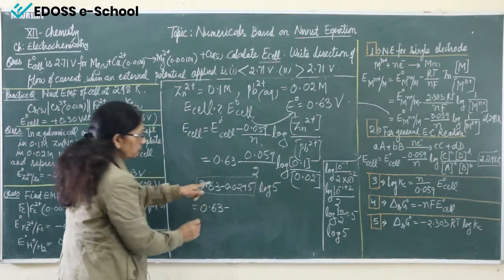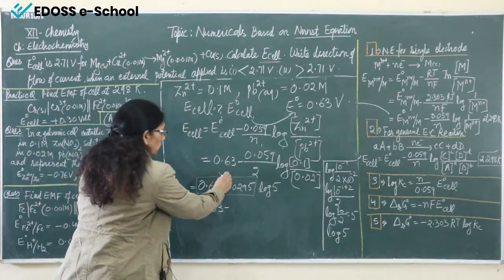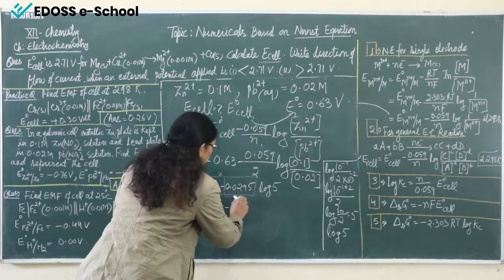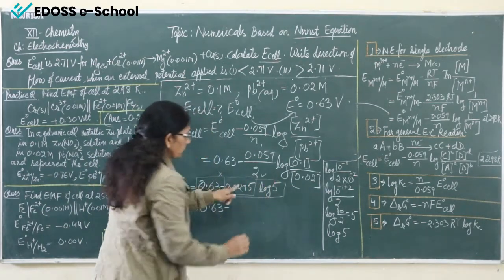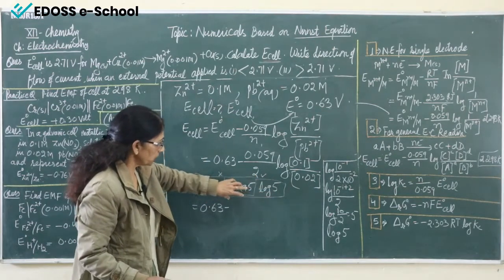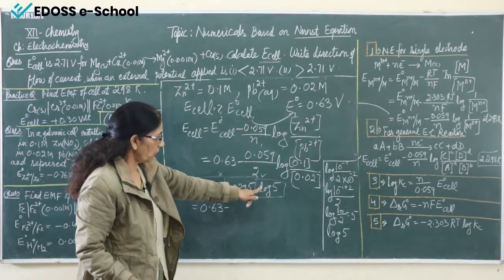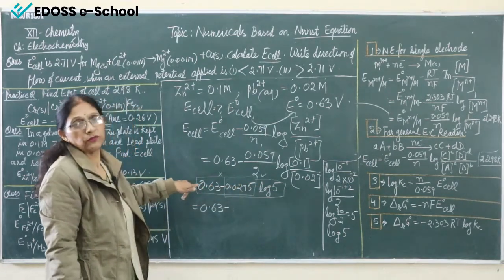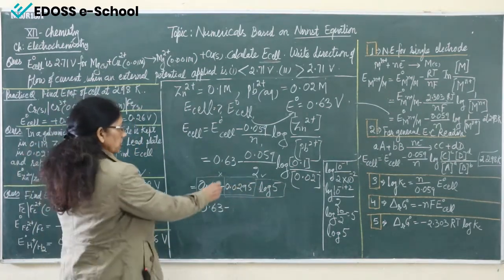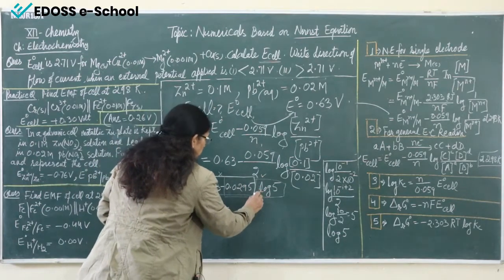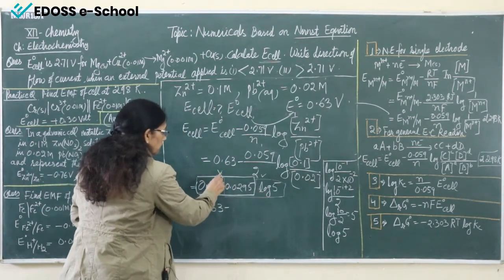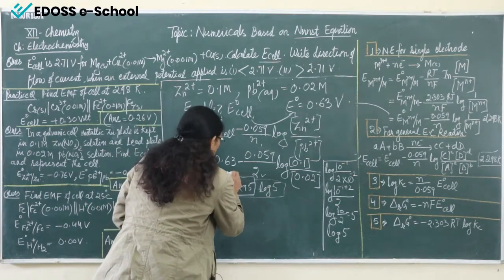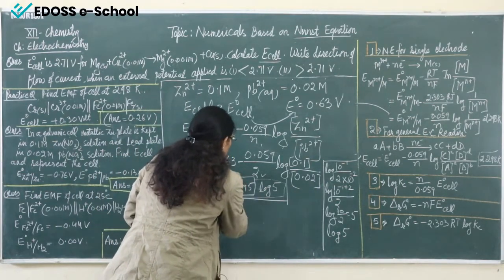So never solve this part first. Okay, this will be wrong. So first this portion should be solved first. Okay, first solve this portion, find the value of log, and then multiply this value with this, and then subtract from this. Okay, so remember, never solve this one. This is wrong. Okay, what you have to solve? You have to solve this value first.